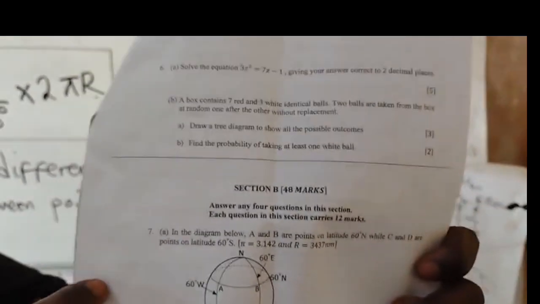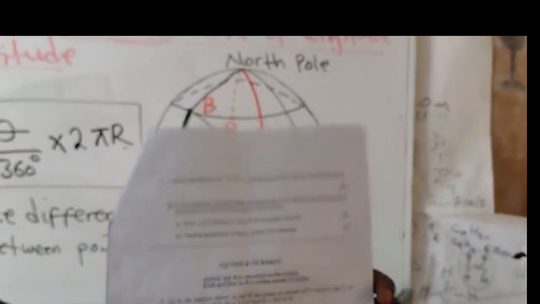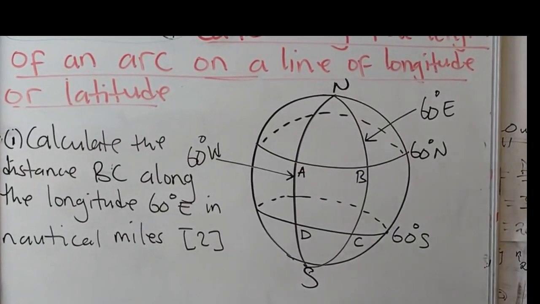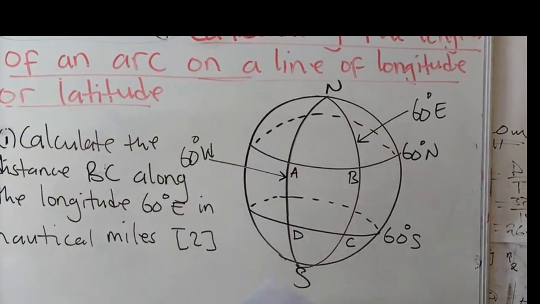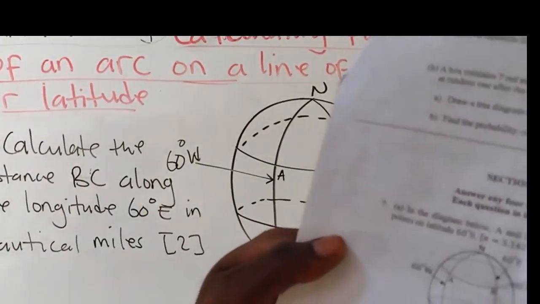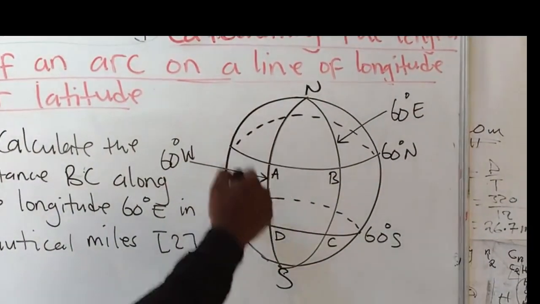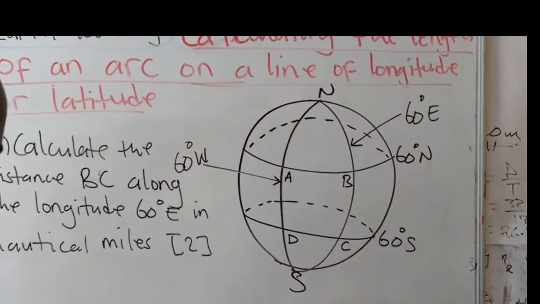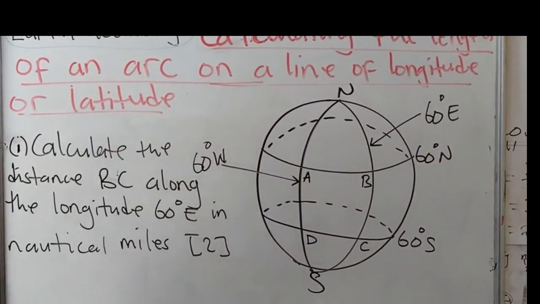Okay, so I'll draw this, I'll make a sketch, and then we see how best we can answer it. As you can see, I showed you this question that you are going to answer. This is the question that I've just drawn. For this question, they're saying in the diagram below, A and B are points